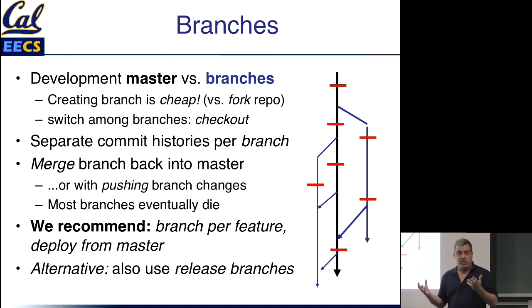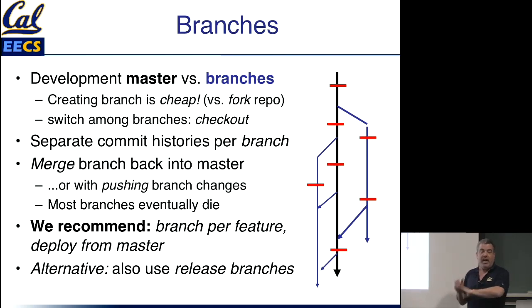Switching between branches is really easy. Every branch has its own commit history. So once you have created the branch, anything you do there is invisible to any other branches until you somehow do a merge operation, or by deciding that that branch is going to die and those changes won't go anywhere. The methodology that we recommend for small teams working with a single repo is branch per feature, deploy from